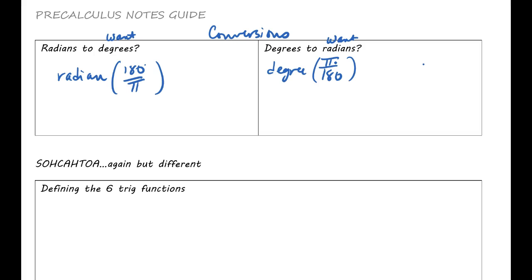So as an example of each, let's say that somebody gave me, well, we'll just do one that we know is going to work. Let's do pi over 2. Now, if you look above, pi over 2 is at the very top. It's at the north. So the answer to this should be 90 degrees. So if we take that and we do what I said, we multiply it by 180 over pi. Then when you reduce those, you do in fact get 90 degrees.